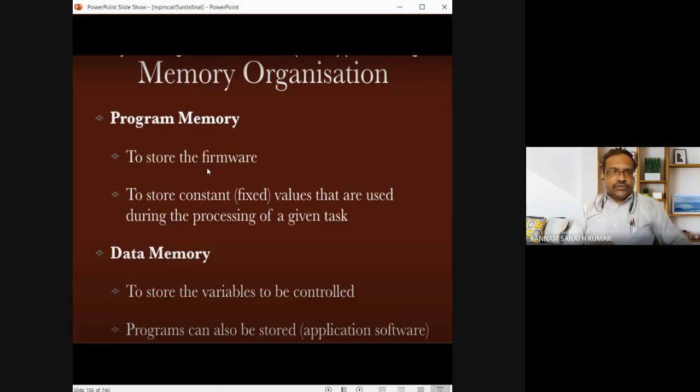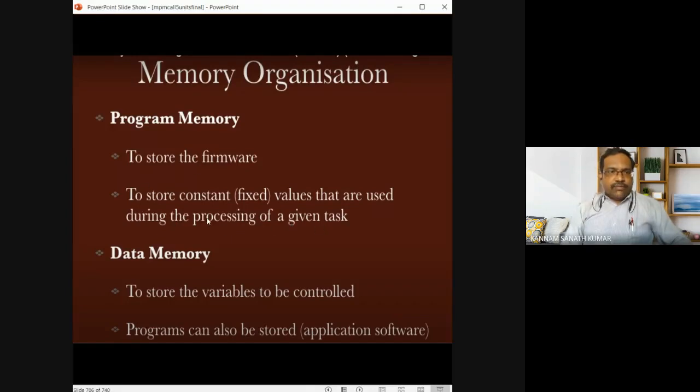For example, a mobile phone has an OS like Android, which is one type of OS useful for mobiles. For a laptop you can use Linux, Windows, or some other OS. Whatever the OS or firmware is, it will be stored in the program memory, along with constant fixed values used during the given task.